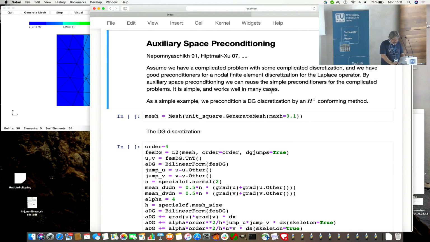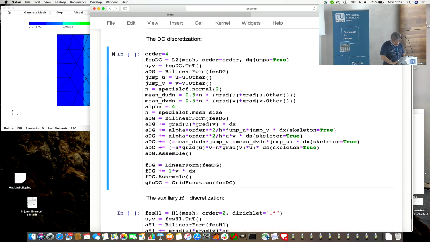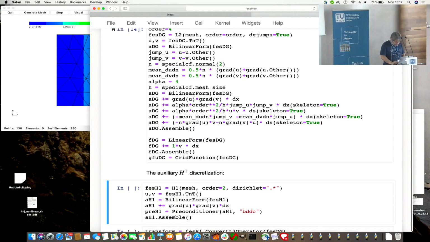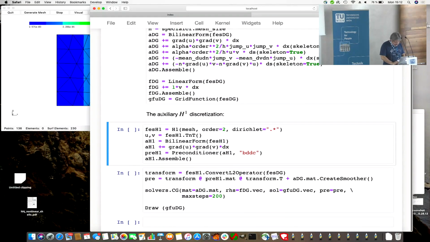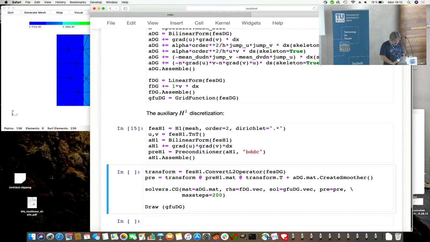I have here a very simple example where we have an H1 space, where we have plenty of preconditioners, and we have a DG discretization of an H1 problem. We want to use the H1 preconditioner, embed the H1 space into the discontinuous L2 space. Okay, set up a DG discretization, set up an auxiliary H1 discretization,